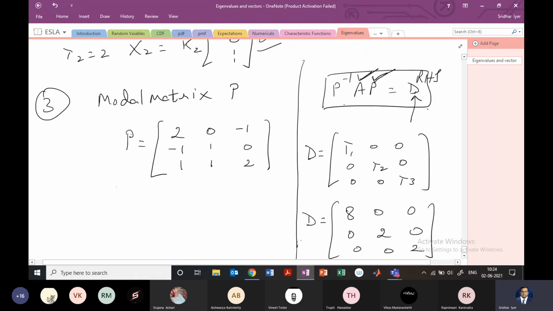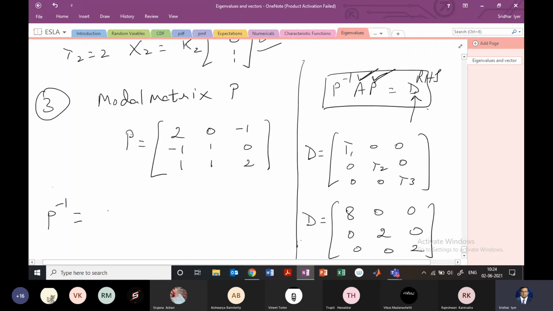So the only last step is to find P inverse and then multiply P inverse with AP to see that you are actually getting the diagonal matrix D or not. Okay, so now our next step is to find P inverse. And to find P inverse, the